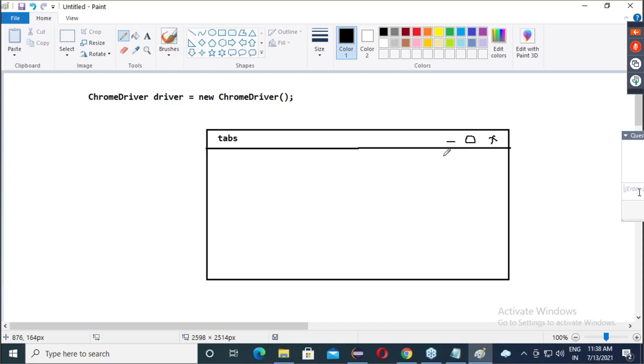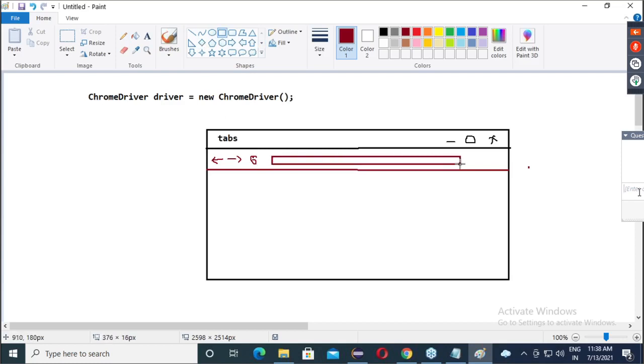Is everyone able to get it? After this, the next section has back, forward, some refresh symbol, and after that we have the URL field, correct? This is nothing but our URL field.